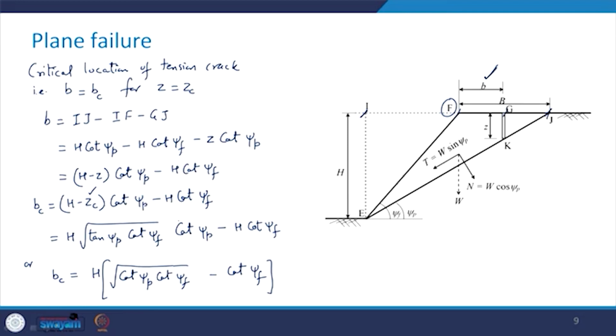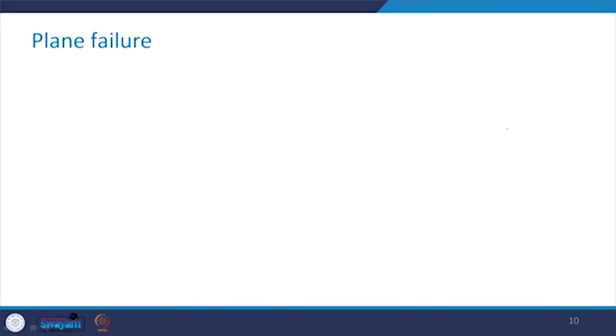See, this cot goes inside this bracket, so it will get cancelled out with this tan psi P and you will be left with only one cot term here. So, this is how you can find out the critical location of the tension crack. Now, this was all about when we have the tension crack here in this portion, that is the upper portion of the slope. In case the tension crack is developed